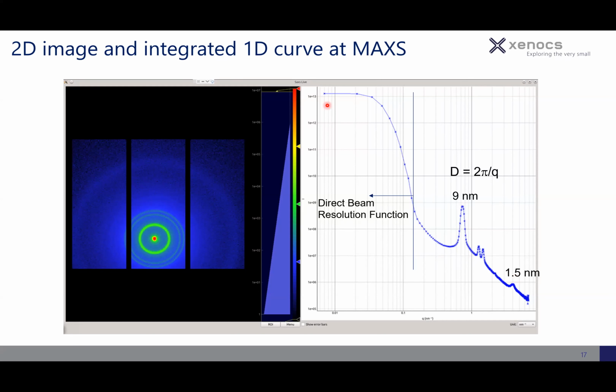This bit here, which is very large, this is on a log-log plot, this bit is the direct beam. So what you'll notice that's unusual about this picture is that if you've done scattering, you're probably used to having a beam stop to block the direct beam intensity. In this case, we are letting the direct beam intensity hit the detector, and this is basically our resolution function. So it doesn't give us any particular knowledge about the structure of the